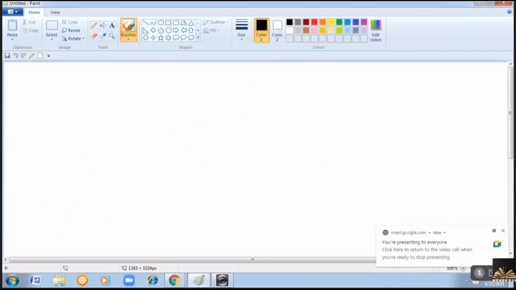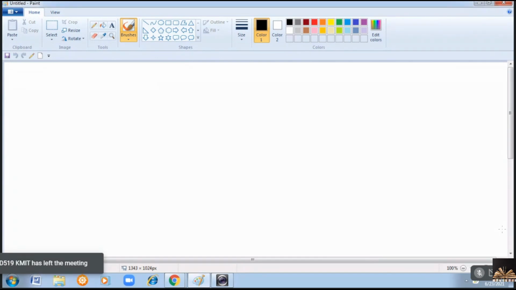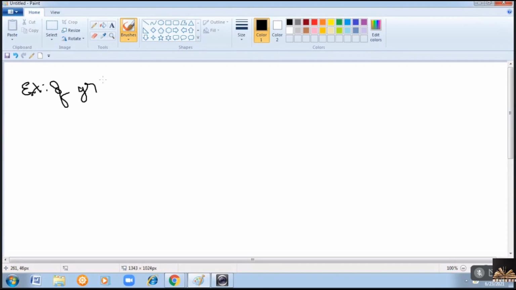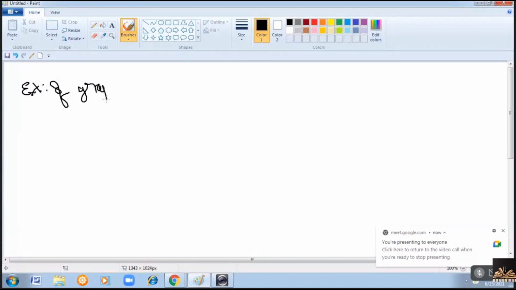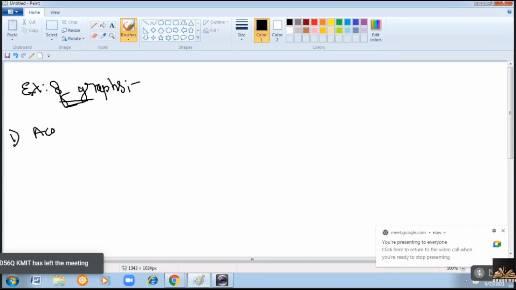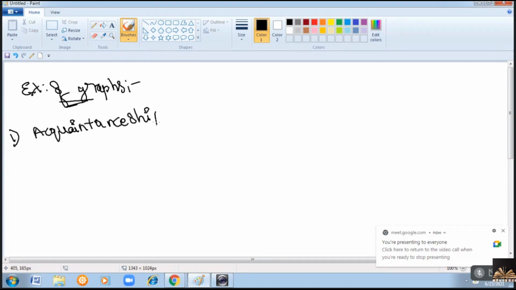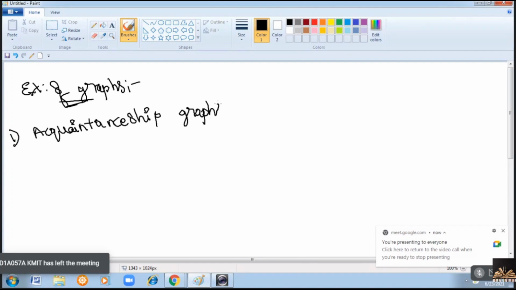Now we'll see what are the different applications or areas where you can use these graphs. Examples for these graphs: first is acquaintanceship graphs. This type is used